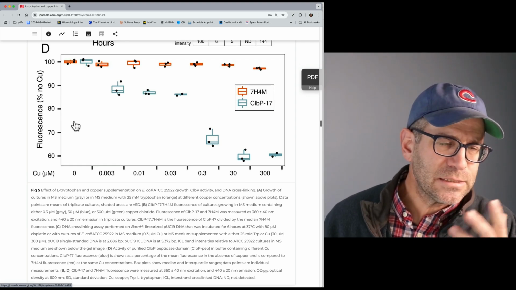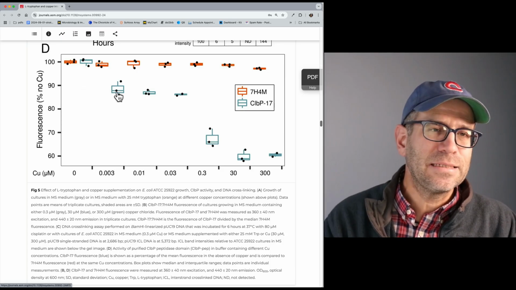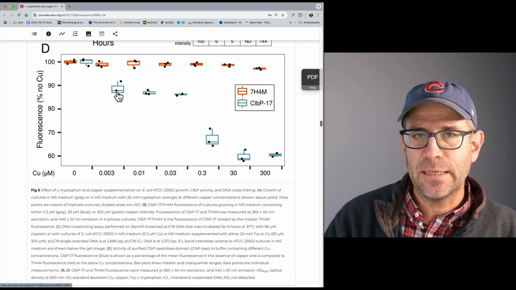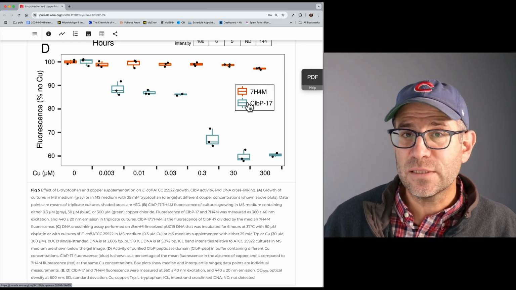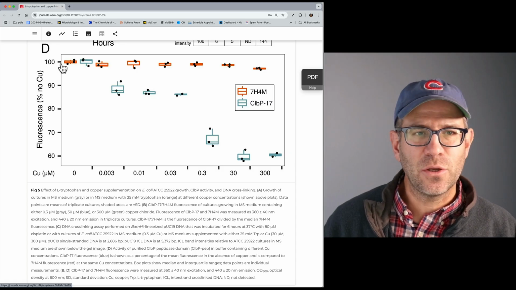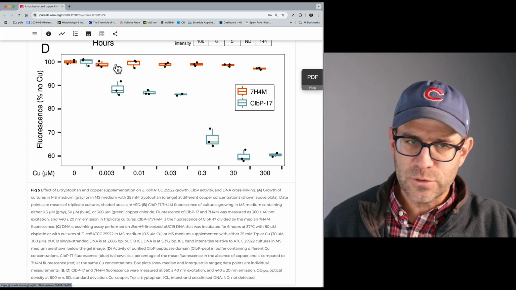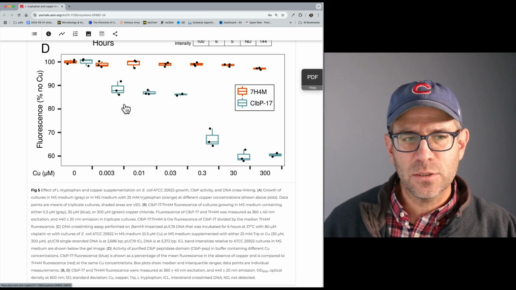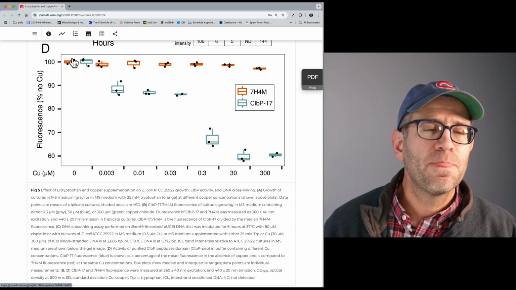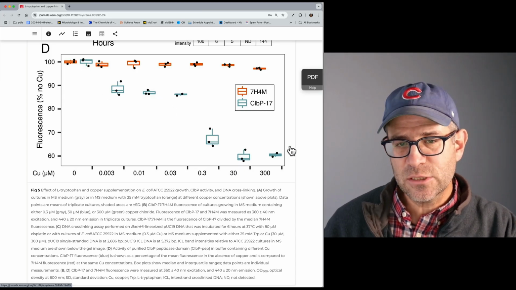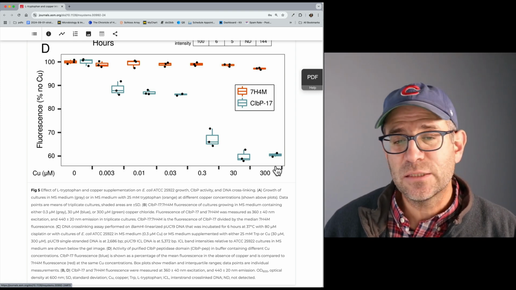And again, this caught my eye for a variety of reasons. So first of all, what is it? It's a box plot on top of data. So they are looking at different levels of copper, as well as the fluorescent readout from an assay. So the orange, the 7H4M, is a control producing fluorescence at the same level regardless of the copper concentration, whereas the CLPB17 shows decreased activity, decreased fluorescence output as part of the cleavage as you get to higher levels of